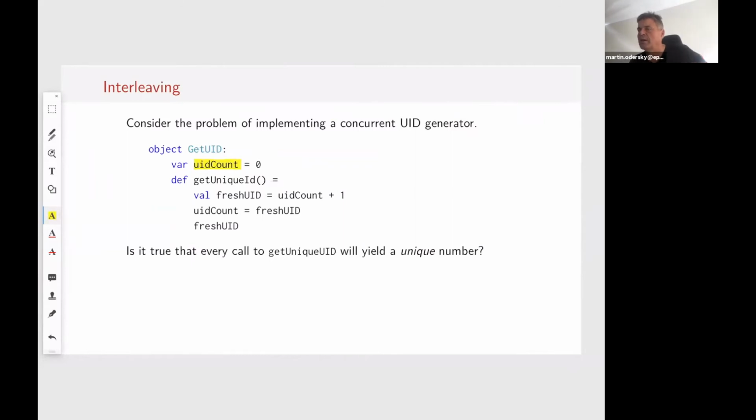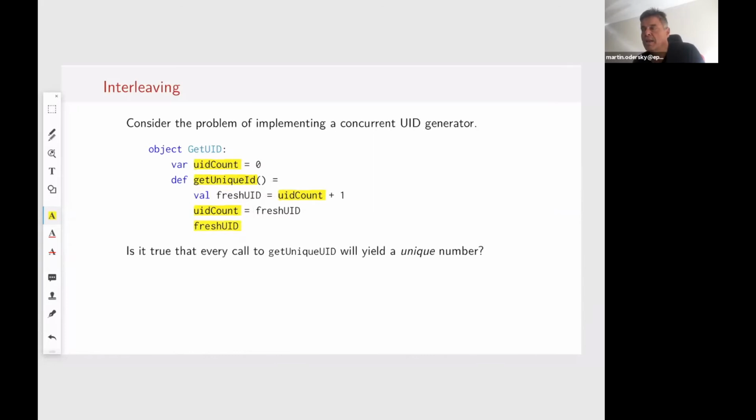Each time I call it, I just increase the counter, and that way everybody gets a fresh ID. So UID is initially 0, so get unique UID: what does it do? It says my fresh UID is current count plus 1. Then I update the count to be fresh UID, and I return fresh UID.